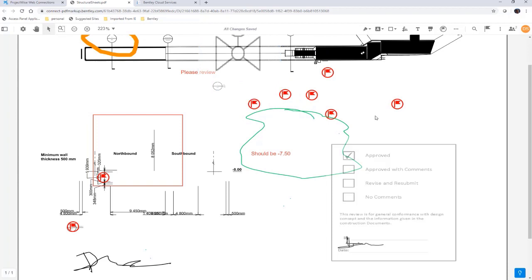Now, also as part of the PDF markup, as I mentioned, the capabilities allow me to create issues. And we can create issues numerous ways. We can do it here through PDF markup. We can do it as part of design review. We can also create issues on our mobile devices through Edge Mobile. But the idea is, if I want to create an issue, that's what this little button is with the circle and the flag inside. It says one-click issue, and these are numerous issues that I've already placed on this drawing, which we can look at in a moment. But if I want to place an issue on here, I would select a location on